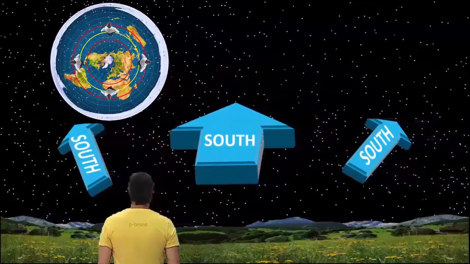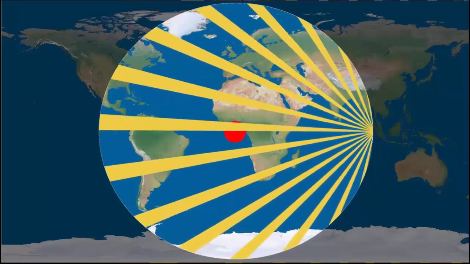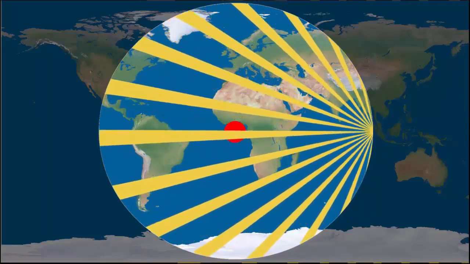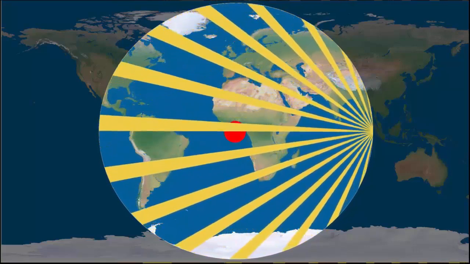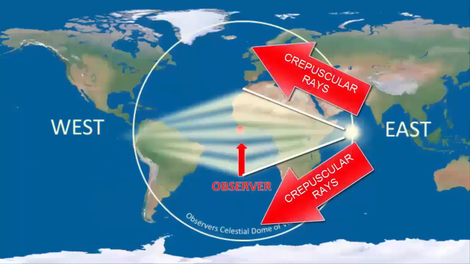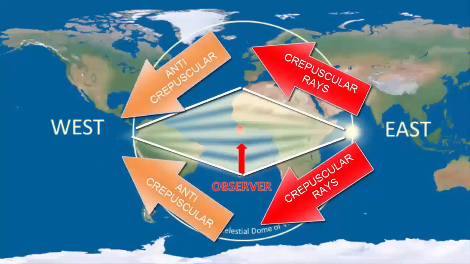That's if we saw the sun rays do this. The crepuscular rays just keep spreading out onto the opposite horizon. But we don't see that. The crepuscular rays become anti-crepuscular rays, and they have a convergence, right? So they diverge out from the sun, now they converge. So the precedent, again, is set that the stars would do a similar thing.